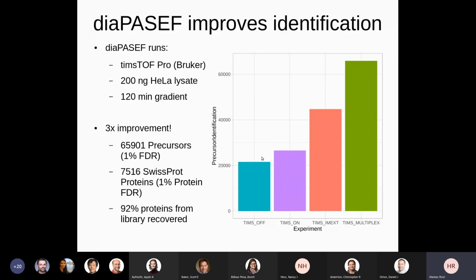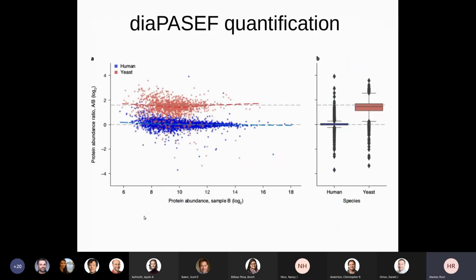So starting out from our original point of simply using a TOF instrument to our final method, we saw an almost 3-fold improvement, allowing us to identify and quantify 65,000 precursors in a single run at 1% FDR and over 7,000 Swiss-Prot proteins at 1% protein FDR, recovering 92% of the proteins present in the library. We also looked at quantitative performance using a synthetic mixture of human proteins and yeast, and here we saw very good performance across a large range of